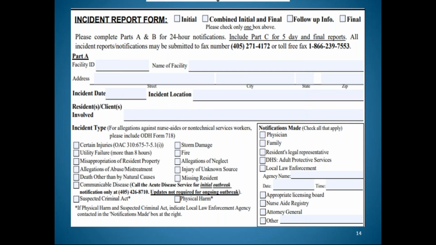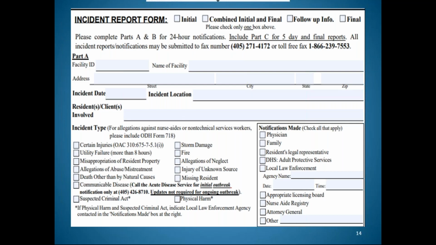The follow-up information, as they said, needs to be done within 5 days. This can be submitted or does not have to be submitted. Nothing says you have to follow up with information. This can be used at any time between the initial and the final to provide information that you may have forgotten to provide on your initial, to give additional information that you want to make sure that the department has. This can also just be used as an informational tool to the department that I have not finalized this, I am still working on it, and this is where I'm at. And then the final has to be submitted within 10 days, and all of the document will be completed at that point in time.